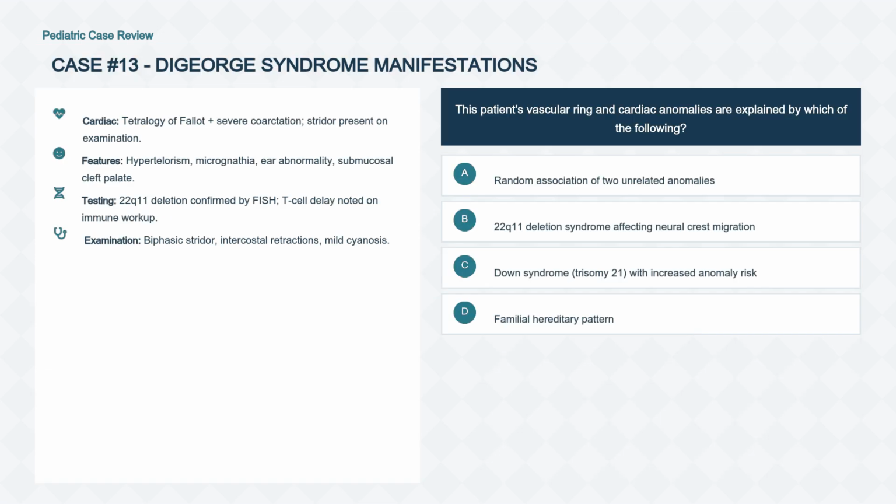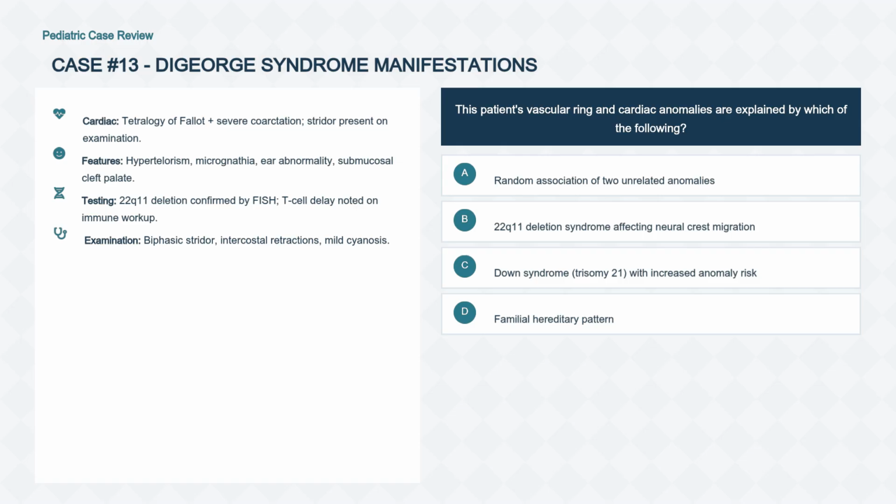Question 13. DiGeorge syndrome manifestations. A patient has tetralogy of Fallot, severe coarctation, stridor, and a submucosal cleft palate. Testing confirms a 22q11 deletion. This patient's vascular ring and cardiac anomalies are explained by which of the following? Option A, random association. Option B,